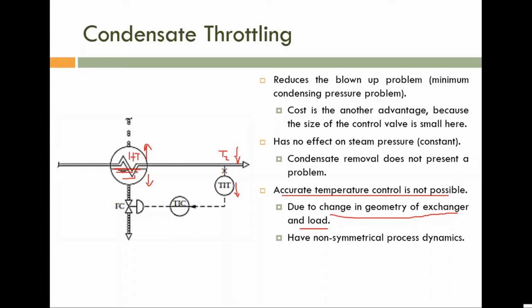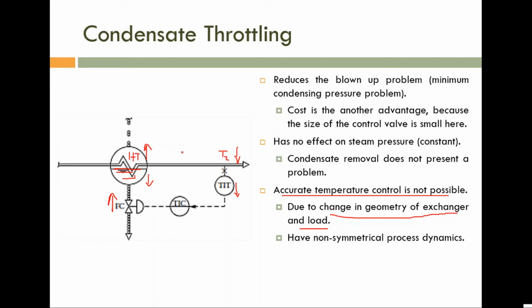How can we decrease the liquid level? By removing the liquid from this steam drum. We can remove this liquid by opening this control valve. So by opening this control valve, we can decrease the liquid level, so the heat transfer area is increased, more heat transaction occurs, and we can increase the temperature. Please note, if the temperature measurement is small, then by opening this control valve, the condensate flow rate is increased, so the liquid level inside the drum is decreased, the heat transfer area is increased, heat transaction is increased, and we can increase the temperature of the process medium.